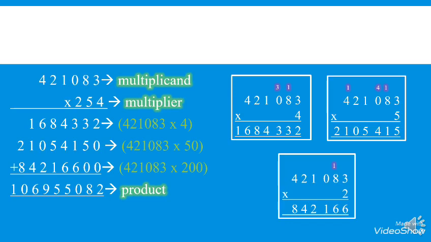Now multiply by the tens digit of the multiplier, which is 5. But first we add 0 at the unit column. Then start multiplication with 5. 5 3s are 15, write 5, 1 will be carry. 5 8s are 40 plus 1, 41. You will write 1, 4 will be carry. 5 zeros are 0 plus 4 will be 4. 5 1s are 5. 5 2s are 10. You will write 0, 1 will be carry. 5 4s are 20 plus 1, 21.